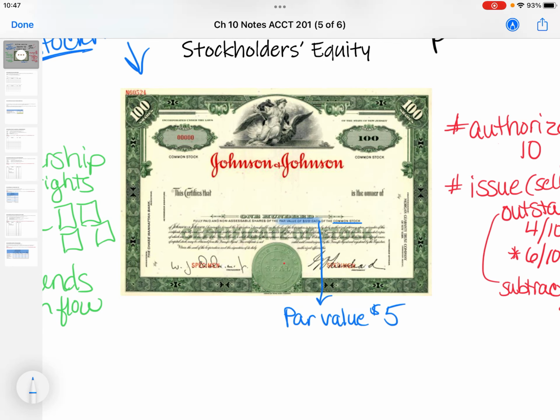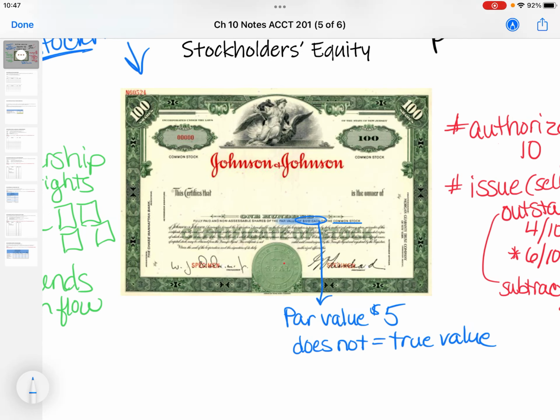Okay, so what we learn is that par is the legal capital per share. It's determined at the inception. It's determined when this piece of paper is actually printed, but it does not reflect true value. So this does not equal true value. We can't print on a piece of paper an amount and think that it's going to stay, right? Because we know the market goes up and down. So that number is not going to stay. What that amount is, it's technically the amount that if this company goes under, this piece of paper hopefully is worth at least $5. The company will pay back that par.